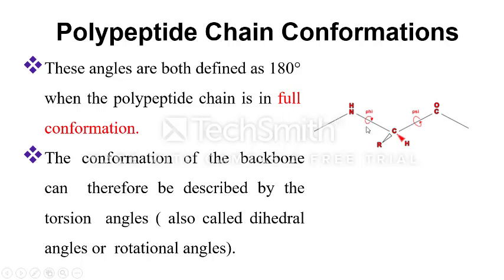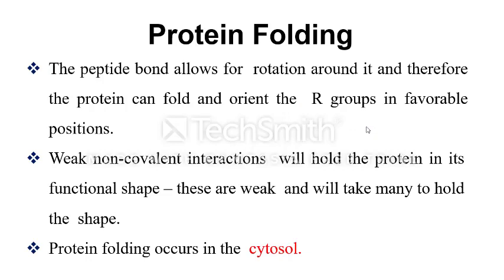The conformation of the backbone can therefore be described by the torsional angles, also called dihedral angles or rotational angles. The peptide bond allows for rotation around it, and therefore the protein can fold and orient R groups in favorable positions to minimize